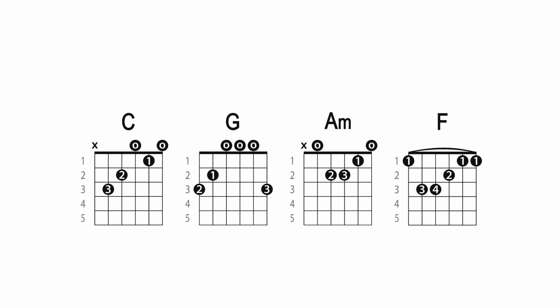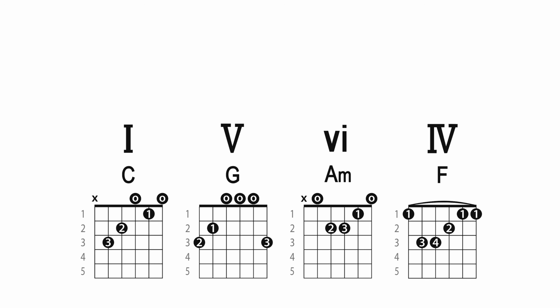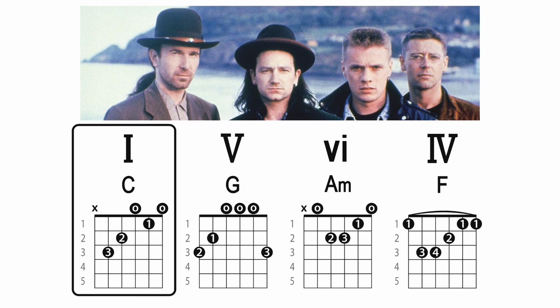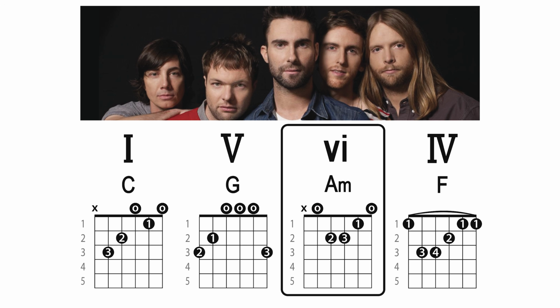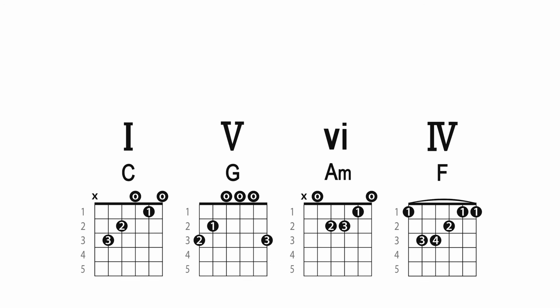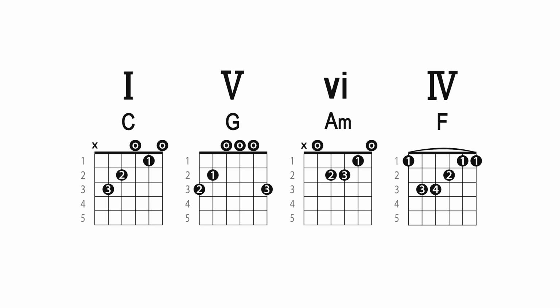For example, if you take the common 1-5-6-4 pattern in the key of C, it sounds like this. This progression is so popular it's almost a cliche. Used in many songs like U2's With or Without You, the Beatles' Let It Be, Maroon 5's Girls Like You, etc. It's very common. And it sounds good for sure, just played as simple block chords like this with nothing